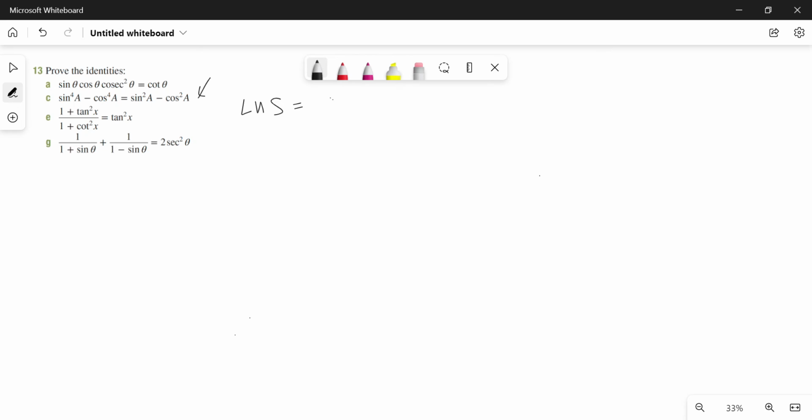Well, how about 1 plus, because I know it better, we know that 1 plus tan squared x is equal to sec squared x. That's one of our identities, our Pythagorean identity. So what I could do is I'll write my line down first. So there's my left hand side. So I might change the top to,